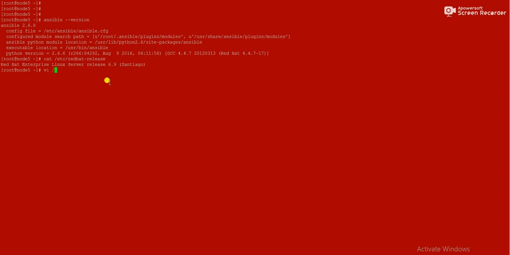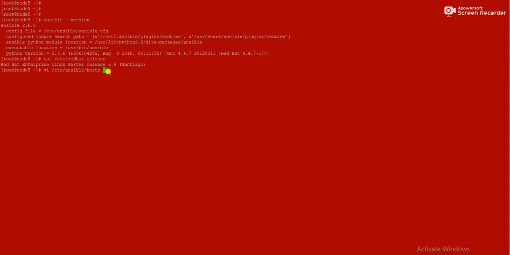/etc/ansible/hosts. This is the default inventory file for Ansible servers, which contains all the hosts, all the inventories managed by Ansible. You can also create a new inventory file. This is the default location where we can put our servers for management, but you can create a separate file to make an entry for the inventory. That option is also available.